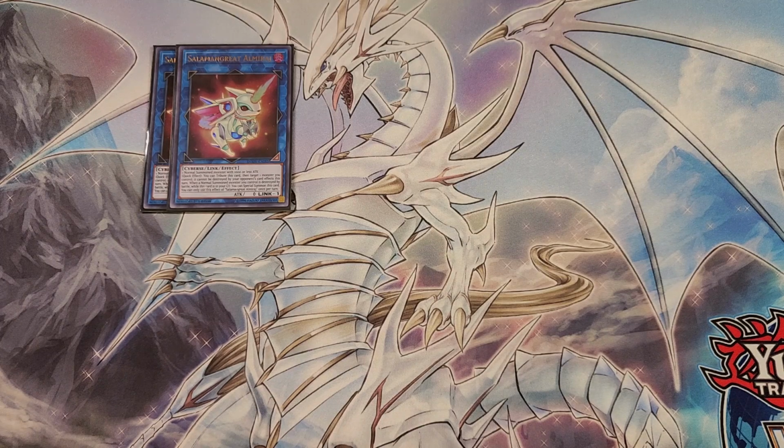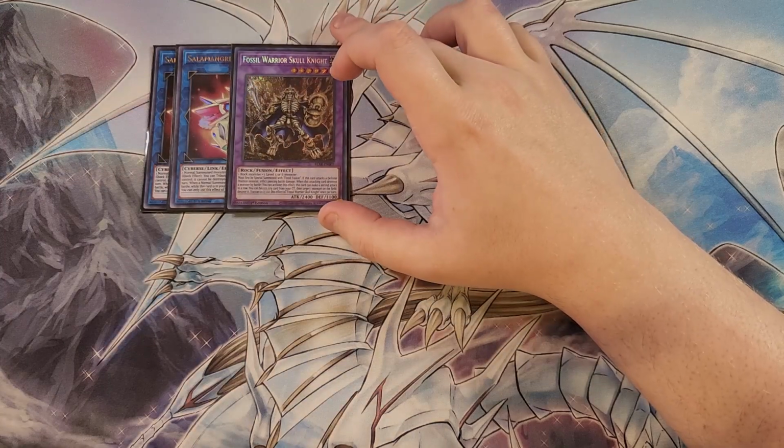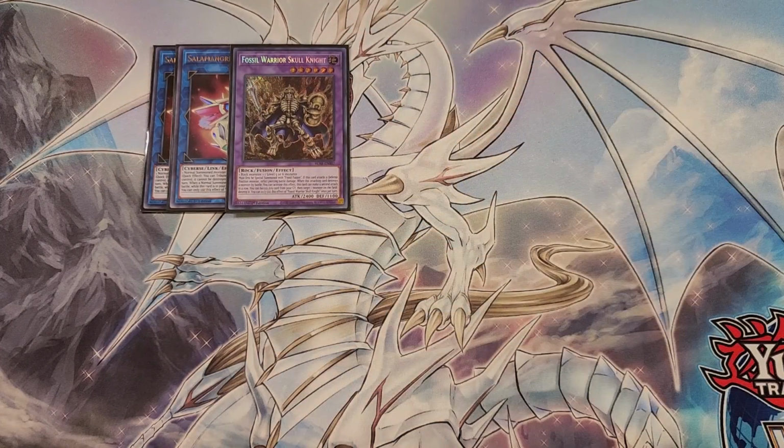For some of the Nadir Servant targets and the Dogmatica cards we're playing in the deck to be able to send to the graveyard, we're playing a single copy of Skull Knight. Skull Knight is really good because it's kind of like Elder Entity Nist. It has the ability that you can pop a card when this card touches the graveyard, but it lets you choose because you can banish this card from the graveyard